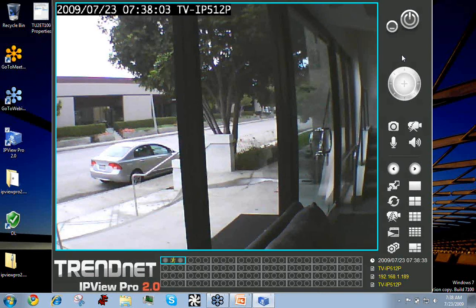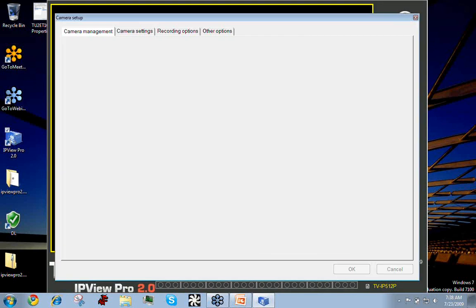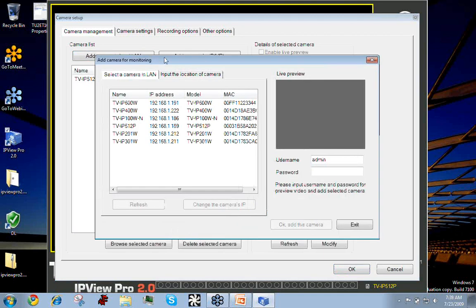And so I want to show you guys how to add a camera. So basically, what it would look like when you first run the IPView Pro 2.0, it actually pops up to this screen. So as you see it, let me give it a second. There it is. So as you see it now, it'll automatically search for the cameras on the local area network. So you can see here we've updated the firmware of most of our cameras in our lobby for the demo. And I can simply click one of the cameras here,